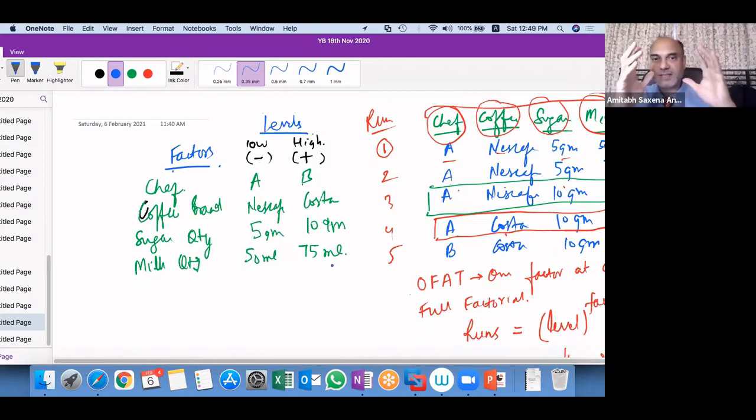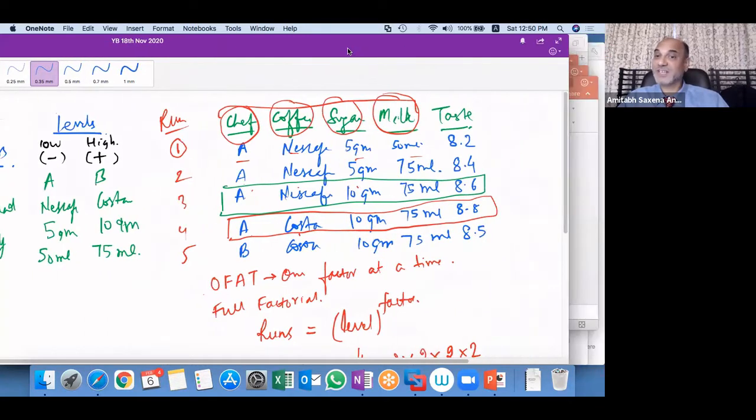So we already know that these levels are giving the best taste, and these factors are very important in affecting the taste. We have already improved our process. It's running really well, but we can further analyze it, further enhance it, further improve on it. How can we further improve on it? By running an experiment within the established levels.